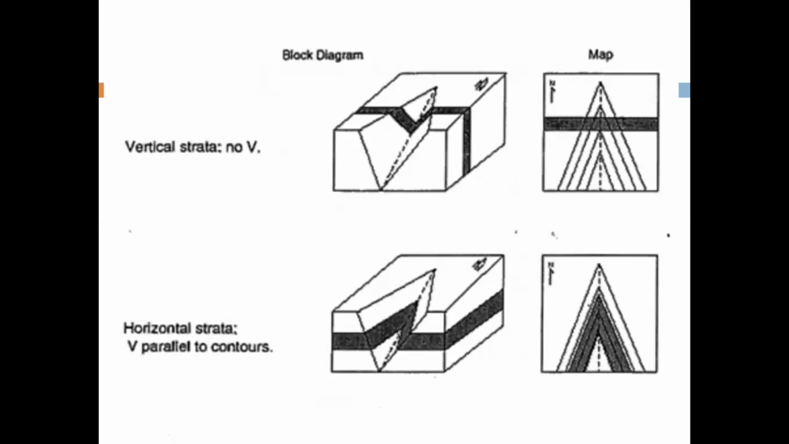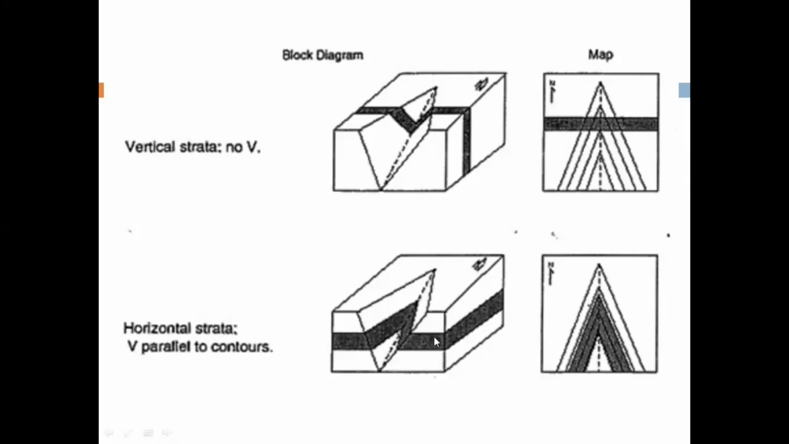So you can see that the first block diagram is a 3D block, and this is the valley cut through it. You can see that this was a vertical dike or vertical bed that was present in that area, and now the stream is cutting through this. When you see the map, it will have this type of pattern: a straight line that is cutting the contours, and it doesn't have any V shape,